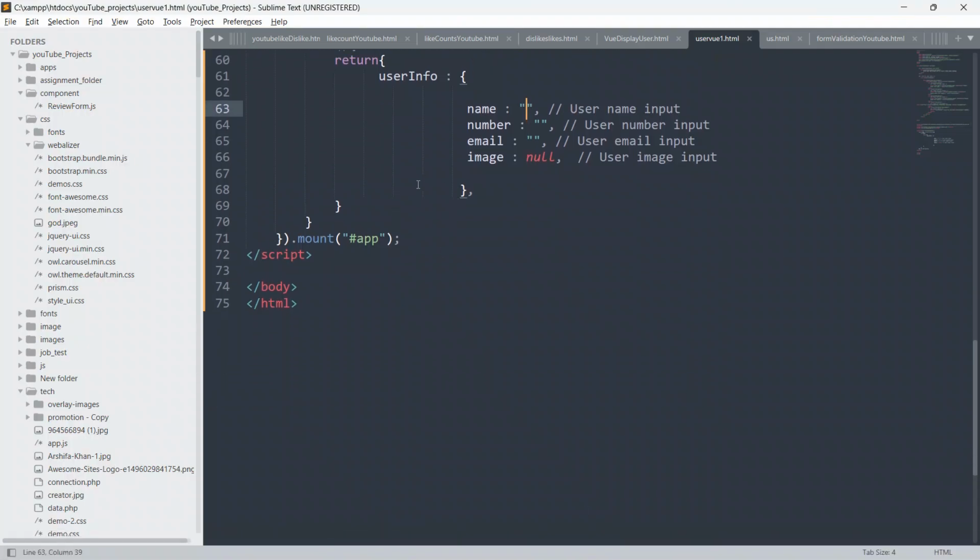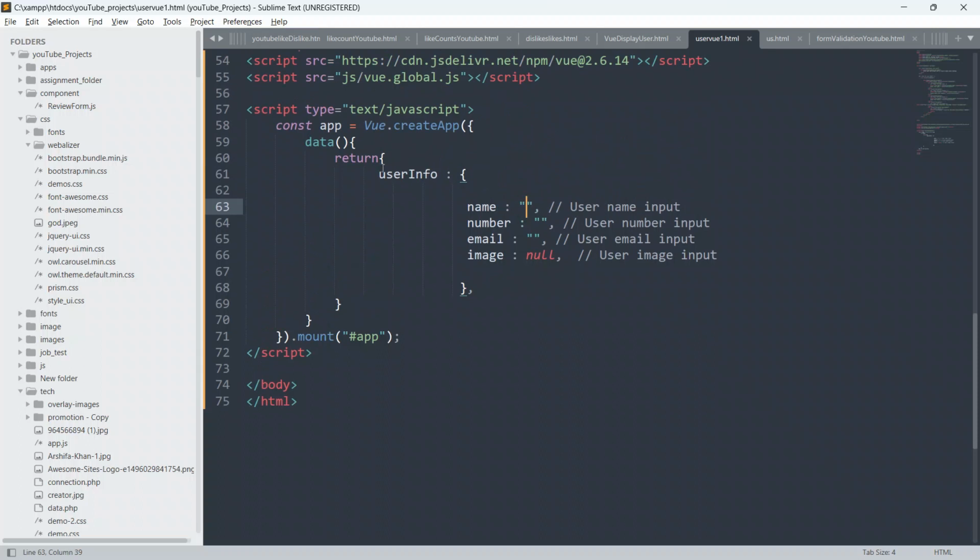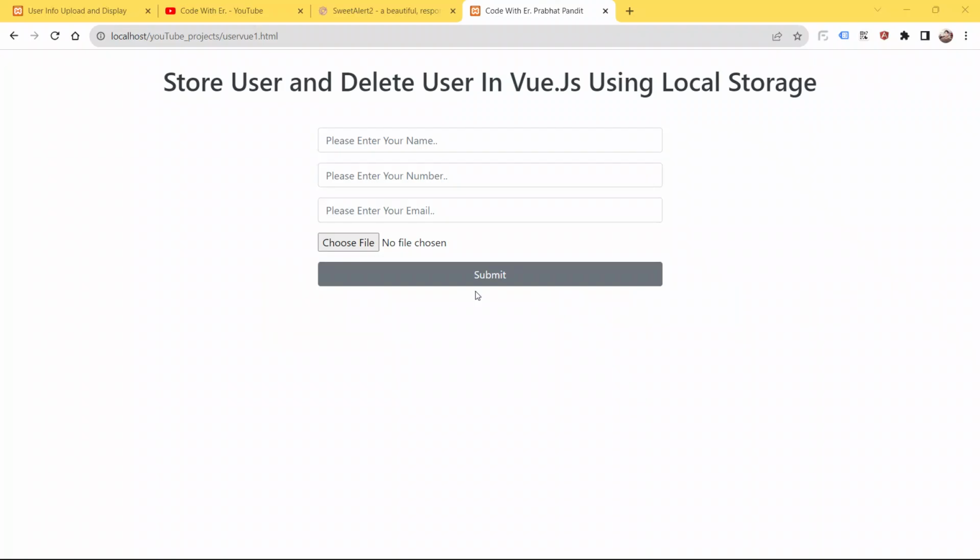So guys, now below this, first we will check if something is already there in the local storage or not. Okay, so guys, whenever this page will refresh, suppose the user has already entered something into the form, and it is also stored in the local storage.